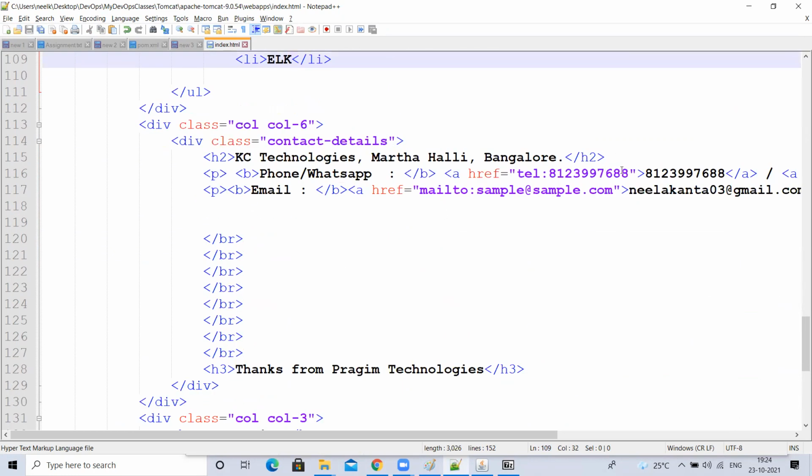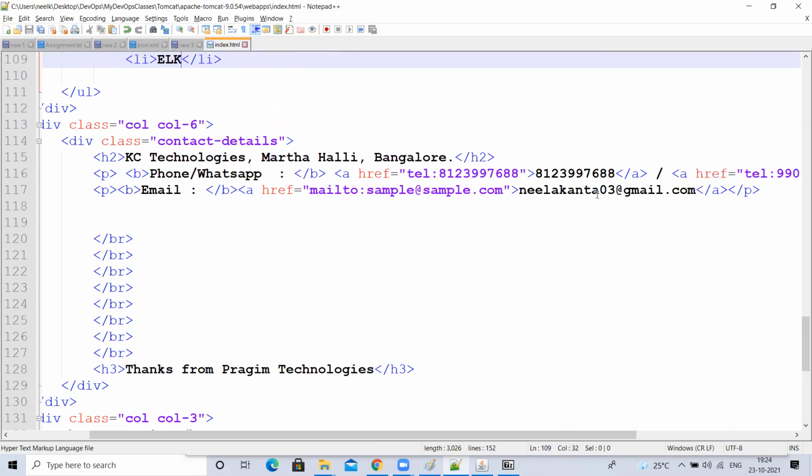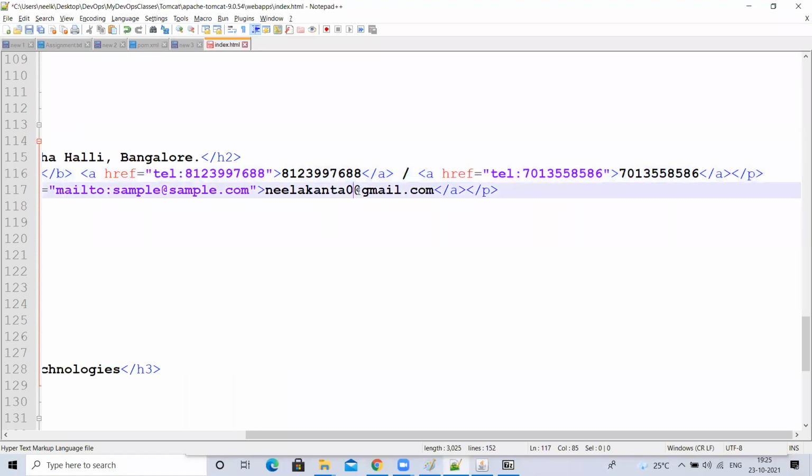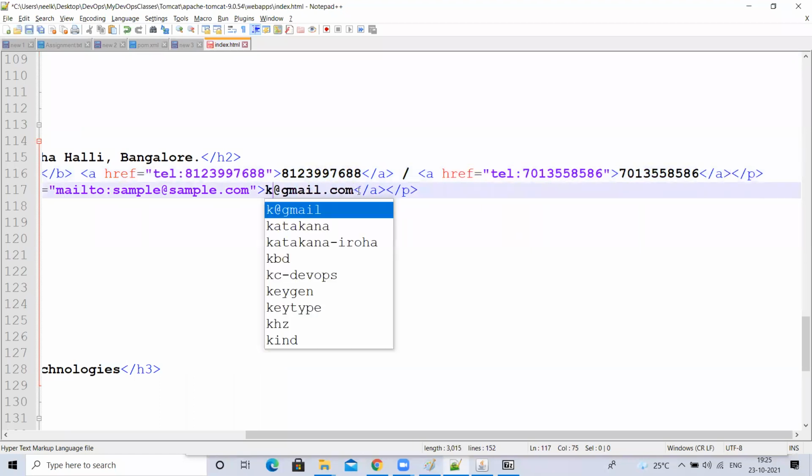I want to change these details, the telephone number, something like 701358586. Like this, I want to change. I change the code, right? This is not a valid email ID.